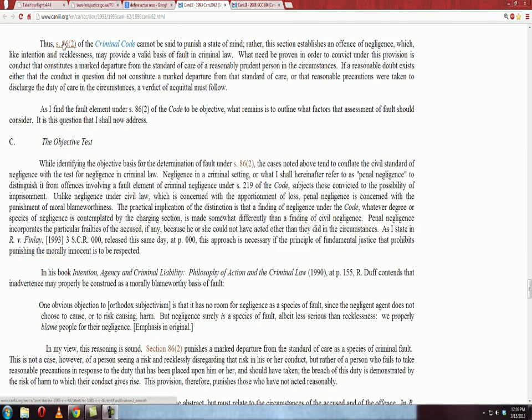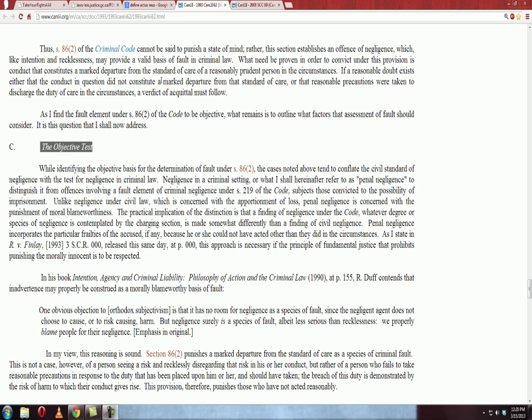Now you'll see Section 86 of the Criminal Code referred to in this section, and that's referring to the specific crime that was committed in this case, and they're trying to determine whether negligence, criminal negligence, was a factor in the crime, which is a violation of Section 86, 86.2. You can research this under the Criminal Code. I'm not going to get into that at the moment. What interests us for our purposes in this case is its reference to criminal and penal negligence.